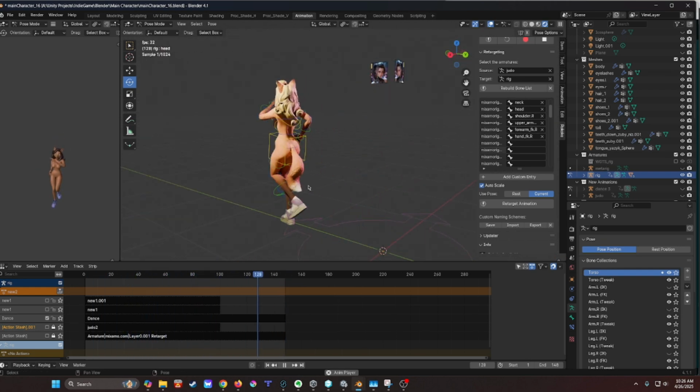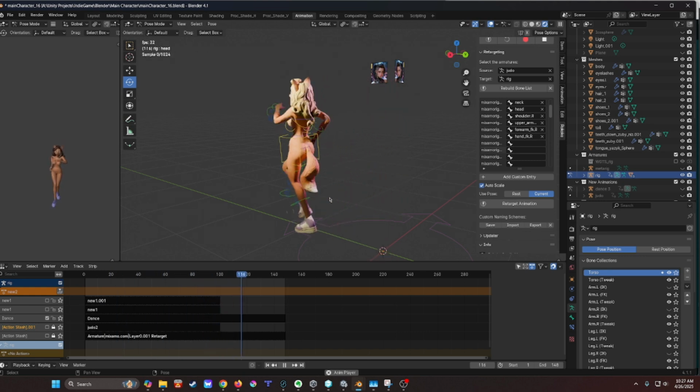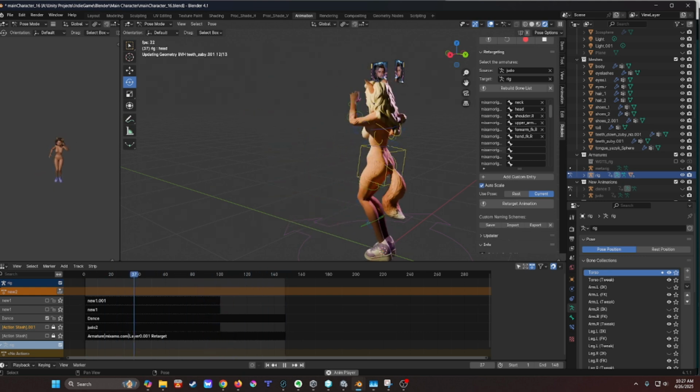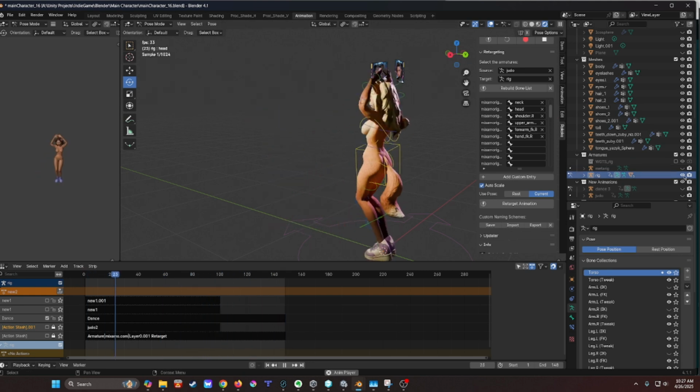This is just a dancing animation. All the hands are in the right place. There's no weird stuff going on. The teeth and the tongue are still in the head, so a bunch of little issues, but